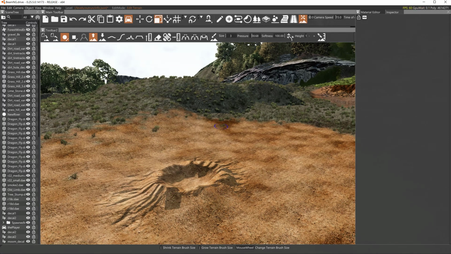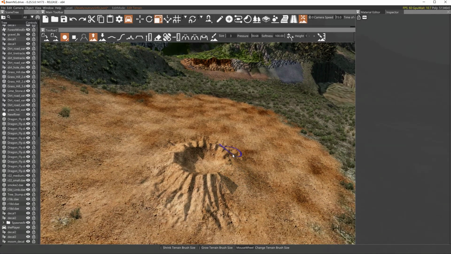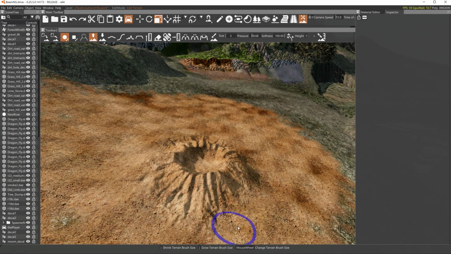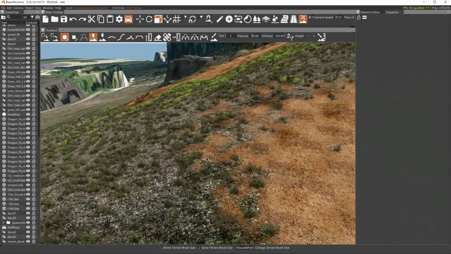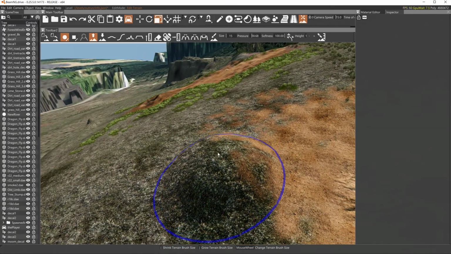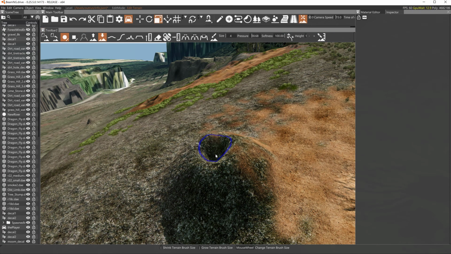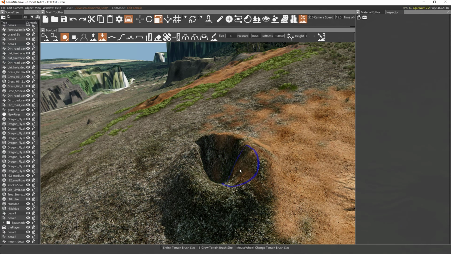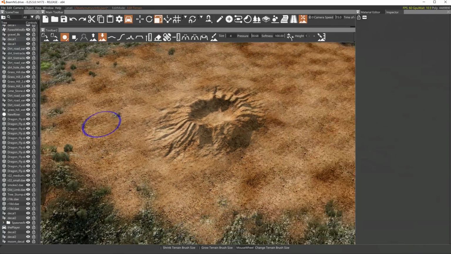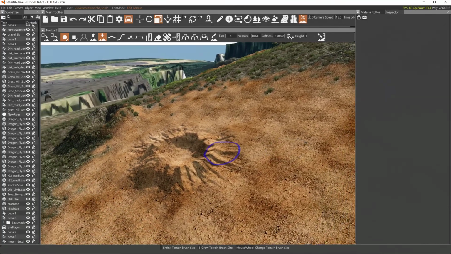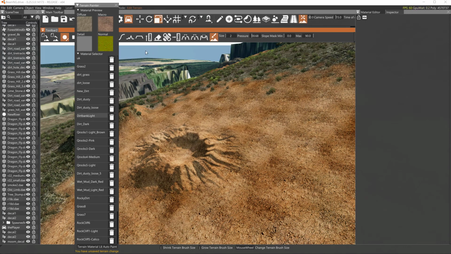Like a crater, like a regular old crater. See, so now it's not just a raised hill with just a hole in the middle. Now it actually has some characteristics that make it look a little better. You can accent the thing, give it a little more